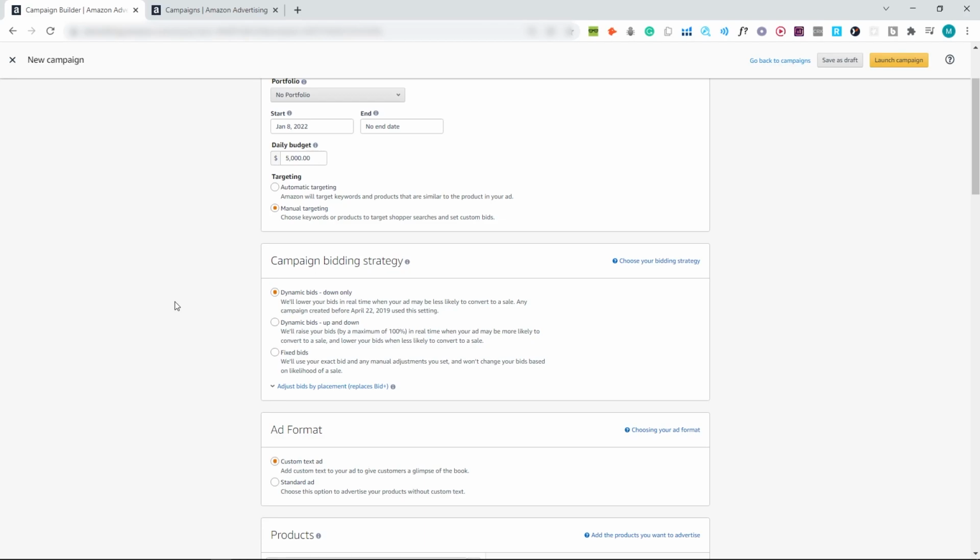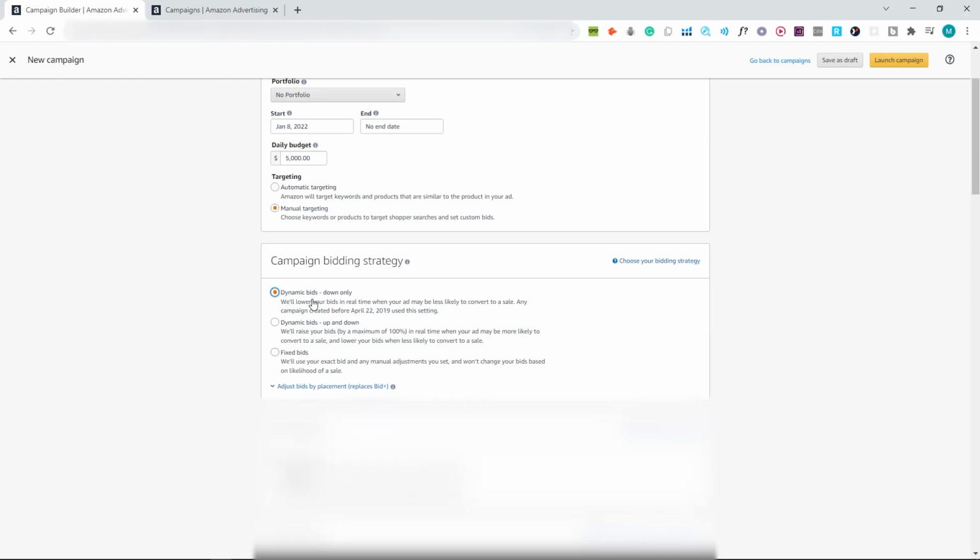But I don't trust the algorithm to do that for me, so I just pick my own bid and go with dynamic bids down only. And fixed bids, you will rarely use this. I don't know why you wouldn't choose dynamic bids down only, because it lowers your bid sometimes. So yeah, fixed bids, I don't think you're gonna need this anyways.